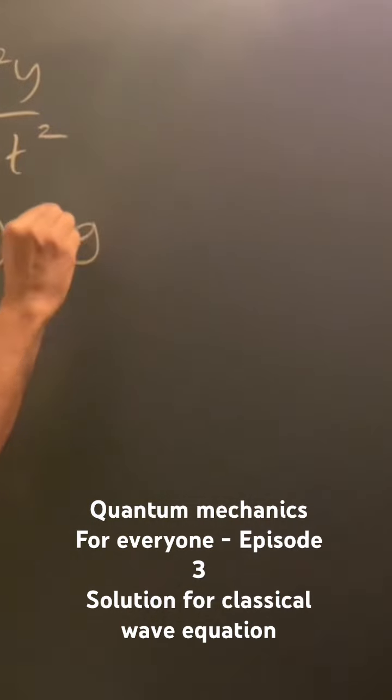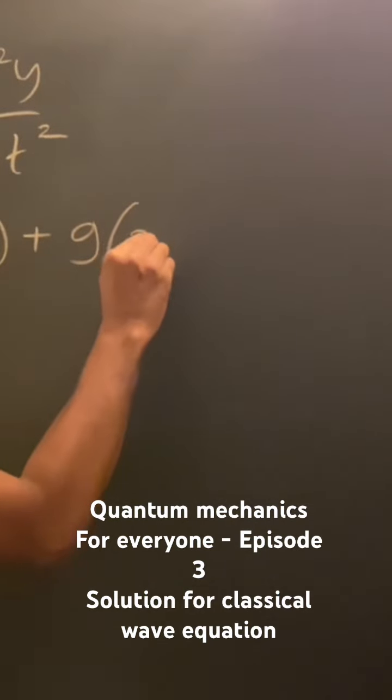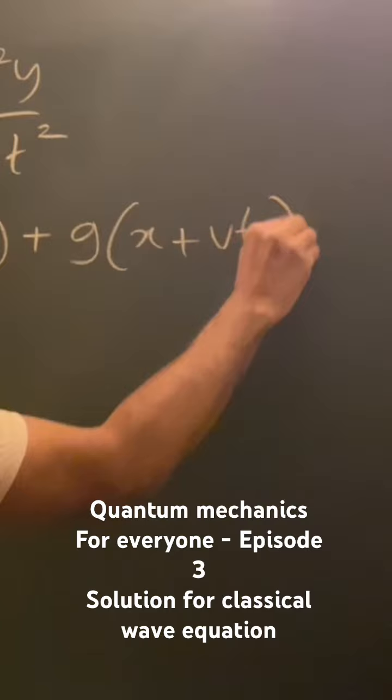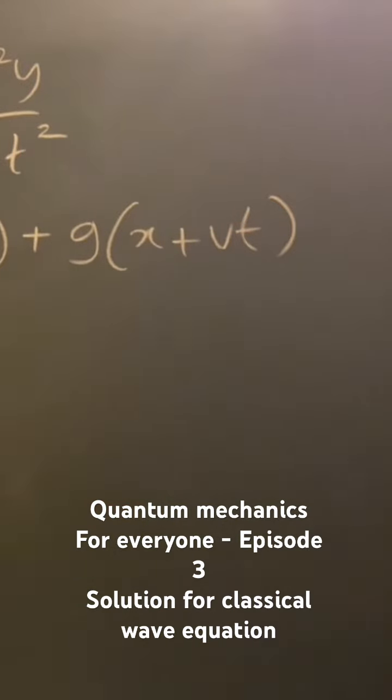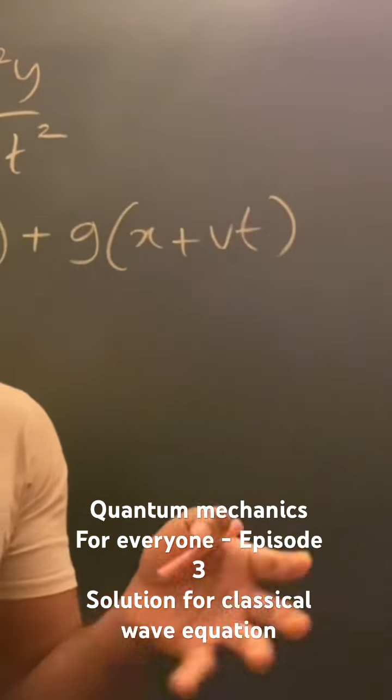Let me take another function, which is g(x + vt). Now I have got two such functions. Number one is f(x − vt), and here we have g(x + vt). I don't know whether this is a solution yet, so you can't just